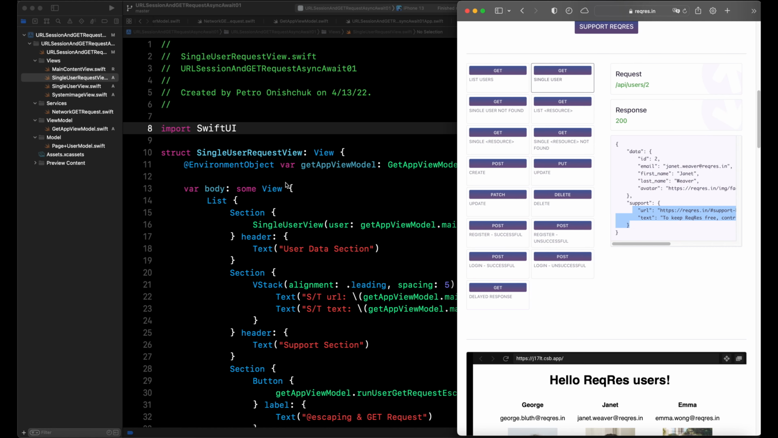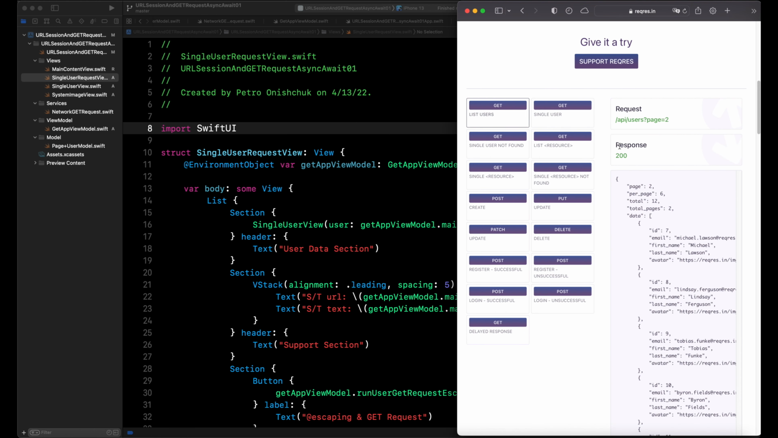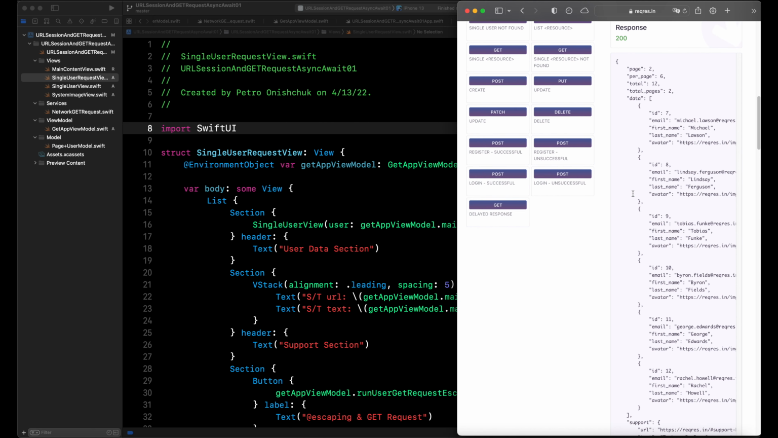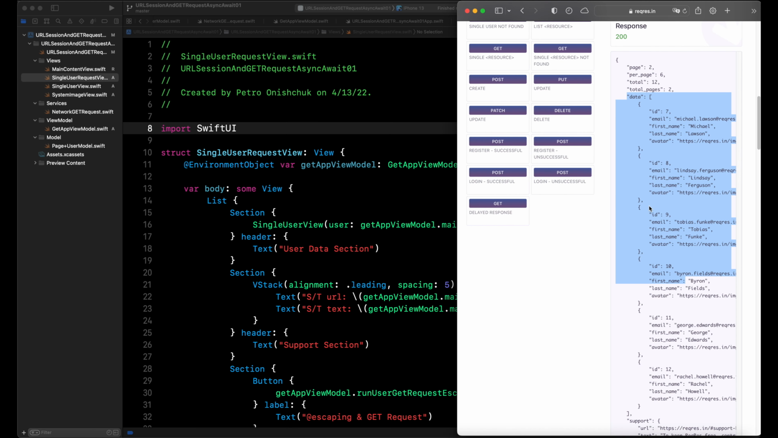As you can see, we created a GET request from our URL to take data for a single user with data and support data. Now I want to create code to make a GET request for a list of users. As you can see, this GET request will be created with query items and also with this JSON data. Then we will decode this data and display it in our application. For example,